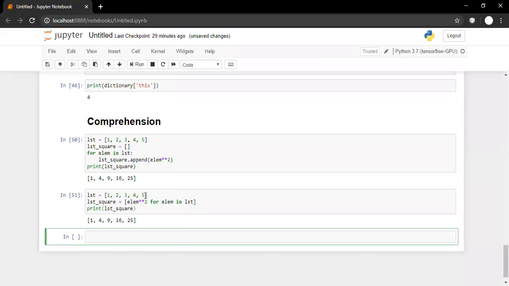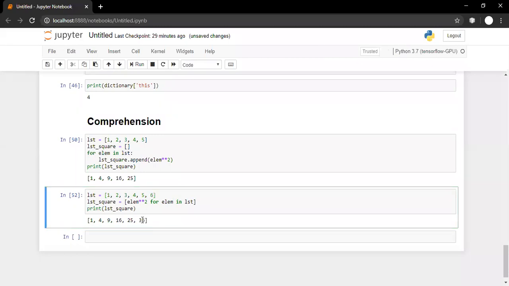Let us add one more number here also, 6. The square of 6 is 36. So what we are doing, we are going through a list one at a time, returning that element. That element is getting converted into a square, and that square is appended in a list itself.